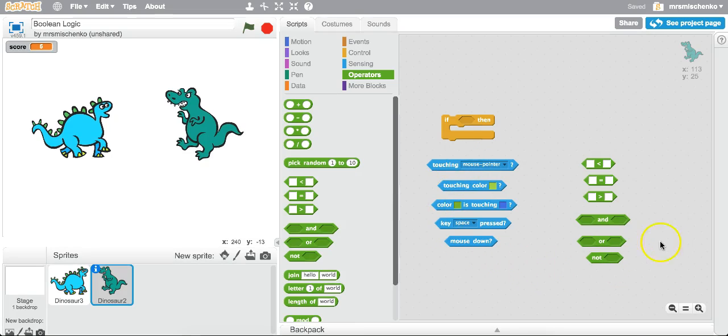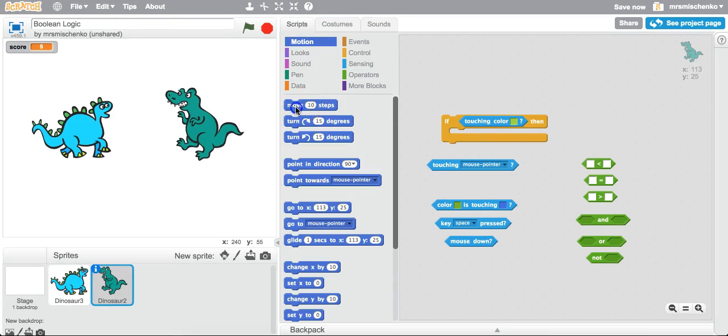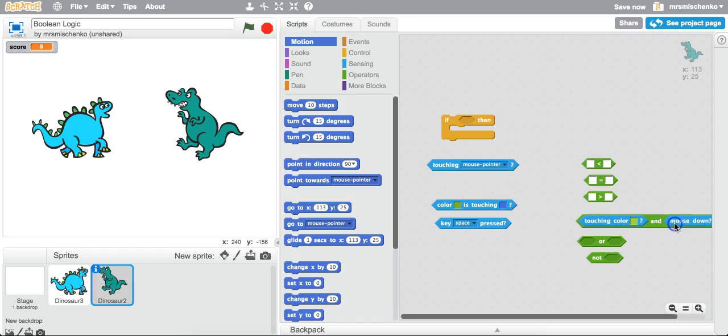All of these Boolean blocks will allow the if statement to return either true or false. If the condition is true, then the program will continue reading the code inside of the if statement. So, for example, I could put this conditional in there, and then if it returned true, then my sprite would move 10 steps. One cool feature in Scratch is that you can actually put conditional Booleans inside of the comparative Booleans. So, for example, I could grab touching color green and mouse down and compare 2 conditional Booleans in one